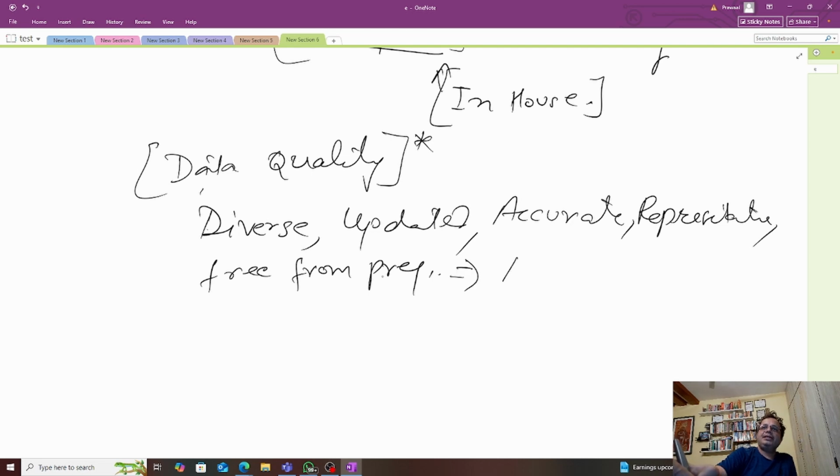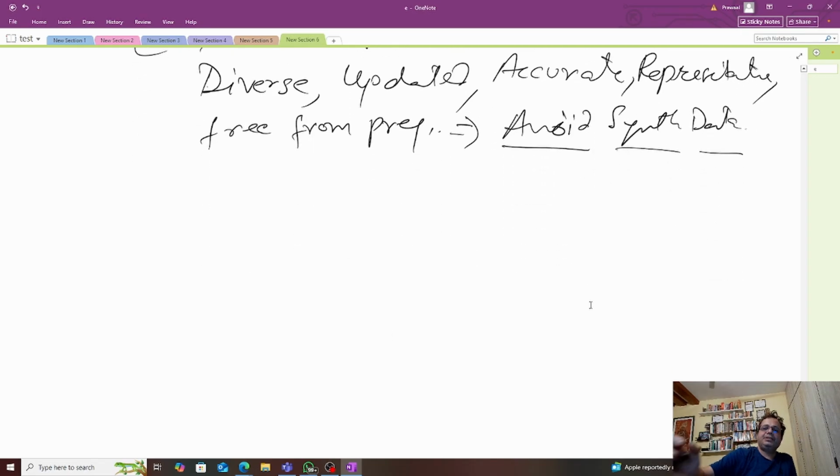And one more thing is to avoid synthetic data. What is synthetic data? Synthetic data is data created out of thin air, not by real humans going door to door and getting information from real human subjects, but created from the past. So sometimes it multiplies all the biases that are already present in your old data. So avoid building synthetic data. If your data is good, then you are good and your ethical problems will not happen. If your data has prejudices, old problems or historical biases, then you'll carry all of those things.